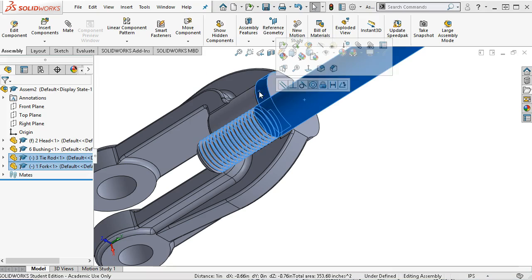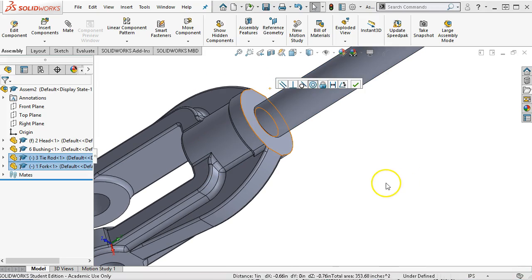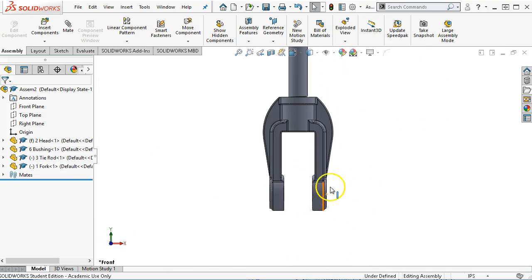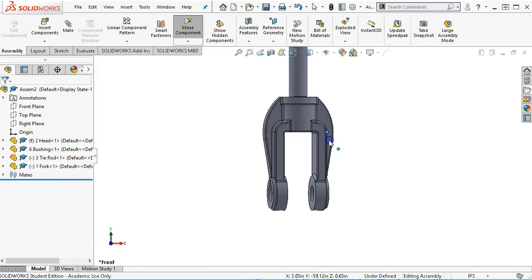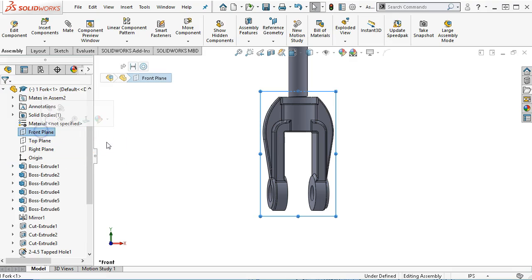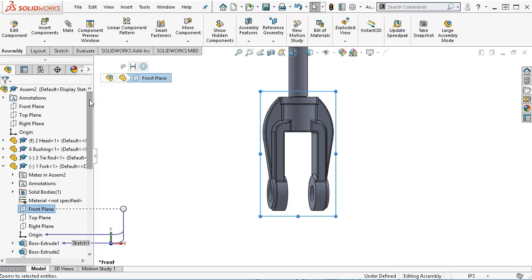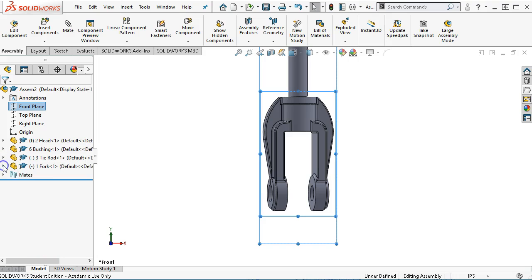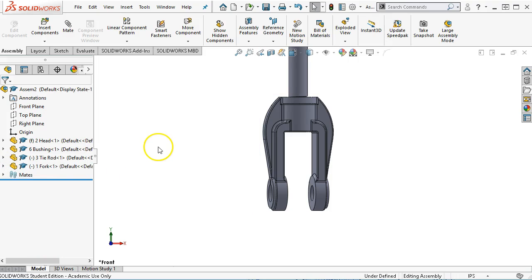And then I'll control select, and those 2 ODs then can be engaged. Now this one, because it was just the annotation, the cosmetic thread annotation, not as much detail. All right, so the front plane of the fork going to the front plane of the assembly is going to be parallel. And it could be coincident, but I like parallel because